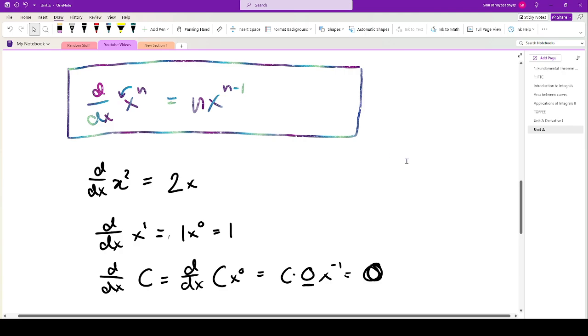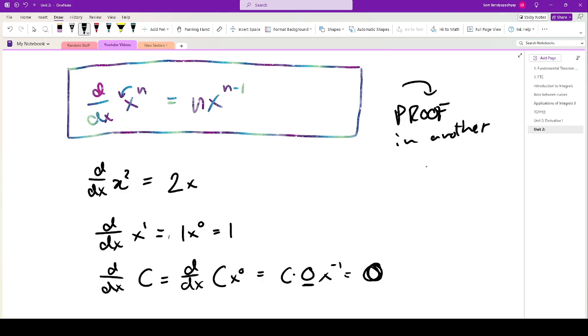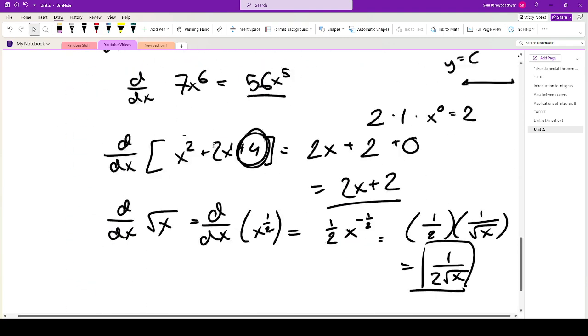And I can go through a whole proof in a separate video. In fact, I'm planning to do that. So stay tuned for that if you would like to see it. Okay, so there's the power rule, right? For now, I'm